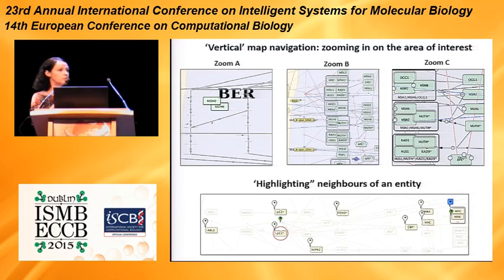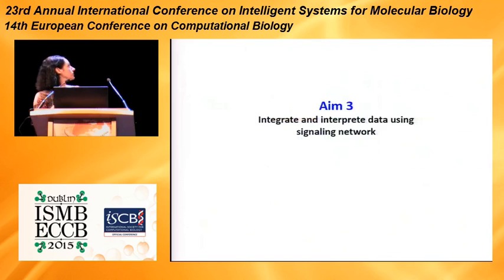An additional way to explore the maps is highlighting the neighborhood of the entity of interest. For example, here you see P53. By applying this search neighborhood function, one can see how the signal propagates from the entity of interest through the map. That's all about the navigation provided by the NaviCell tool, which supports the ACSN resource. Of course, these maps are not only cartoons, as we said. We are using them for integrating and interpreting data.